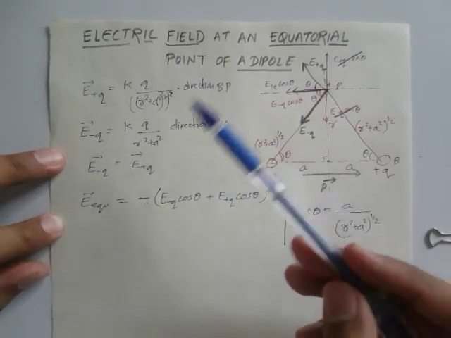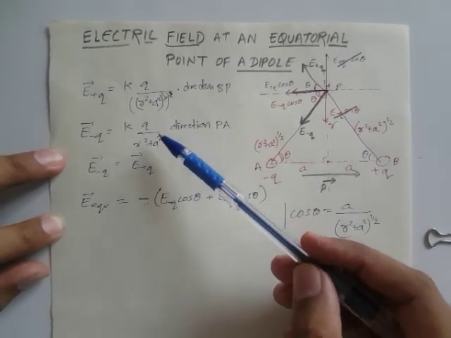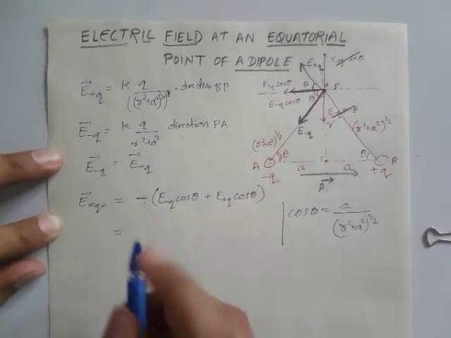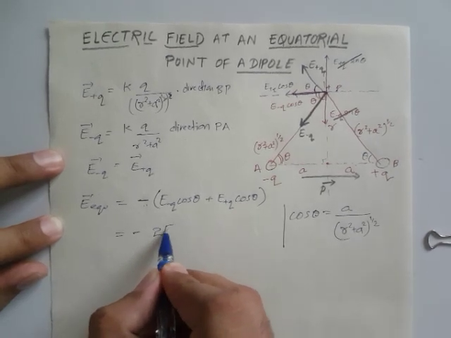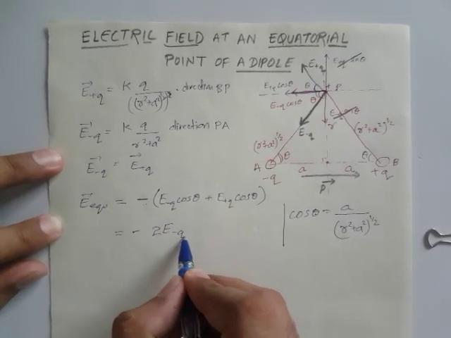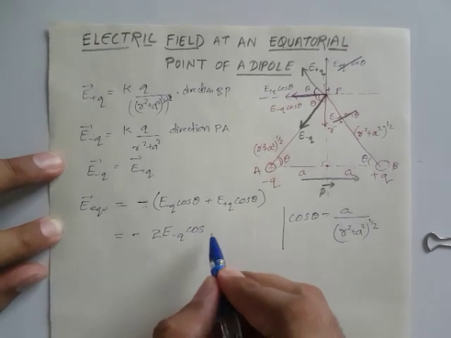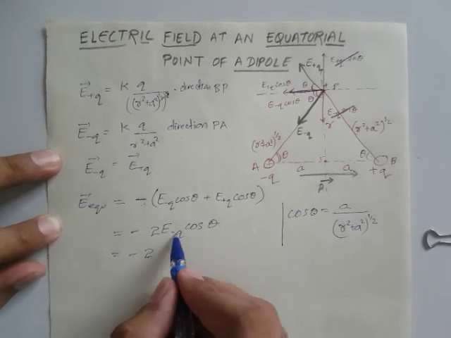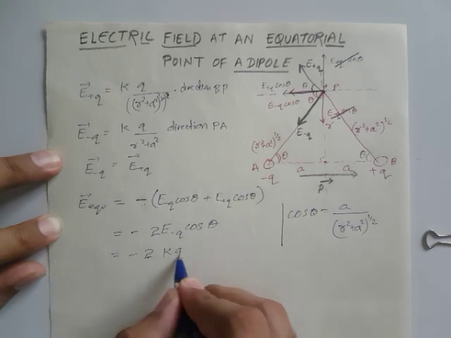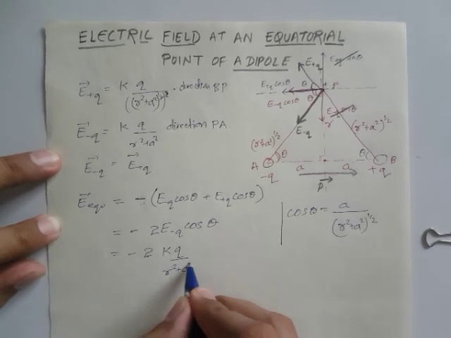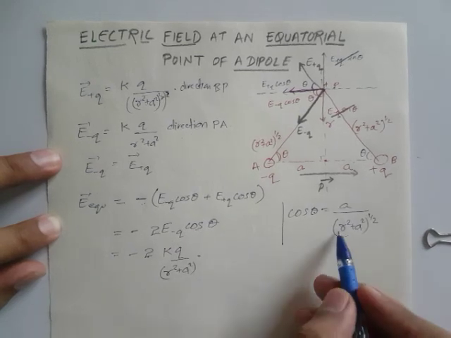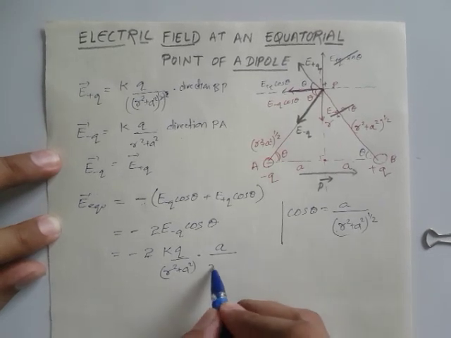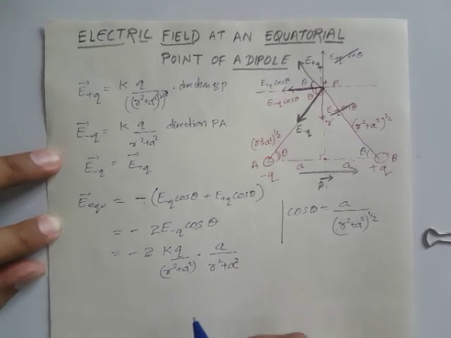And we know the electrical field value, that is KQ upon R square plus A square. We can take either one of the values, so if I write here, then we can add this up. We'll get minus 2, you can write minus or plus, either of the charge, times cos theta. The value of E minus Q is KQ upon R square plus A square. Now the value of cos theta we have proved here, that is A upon R square plus A square,